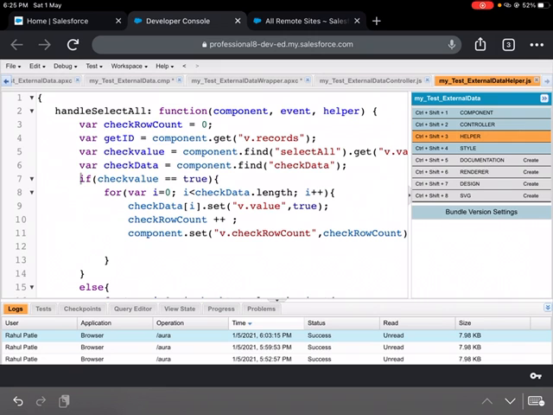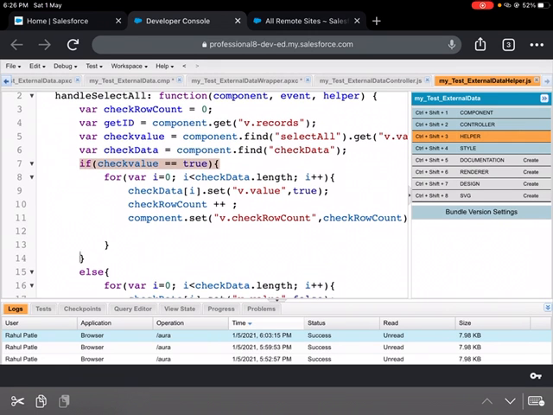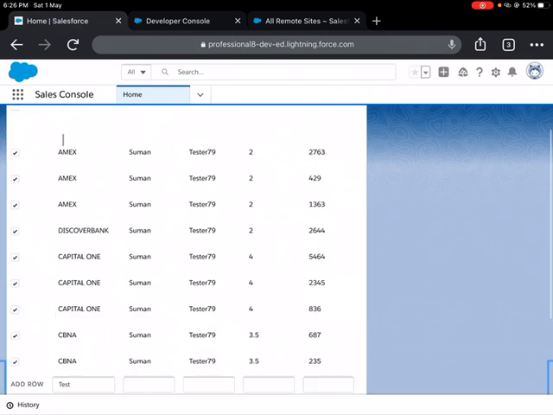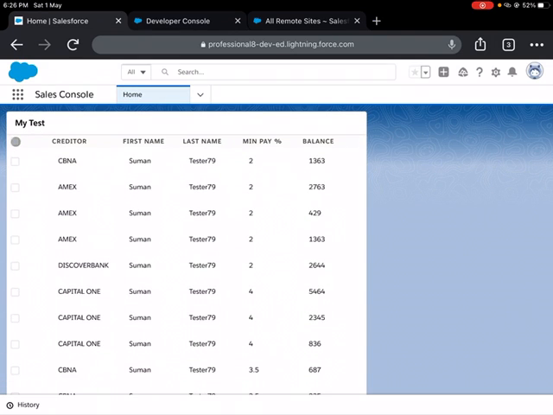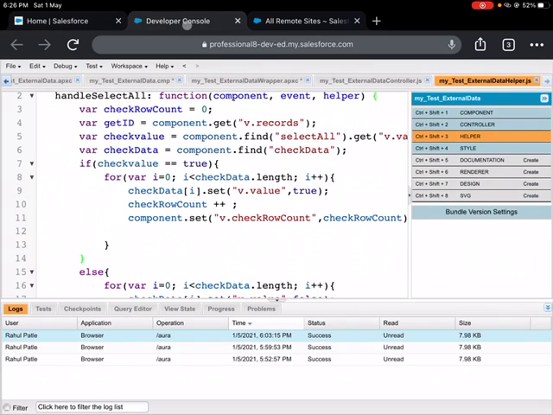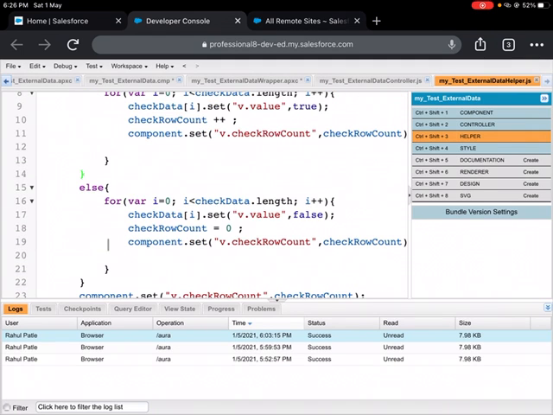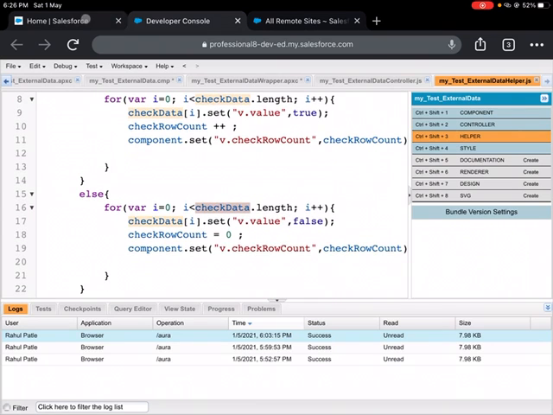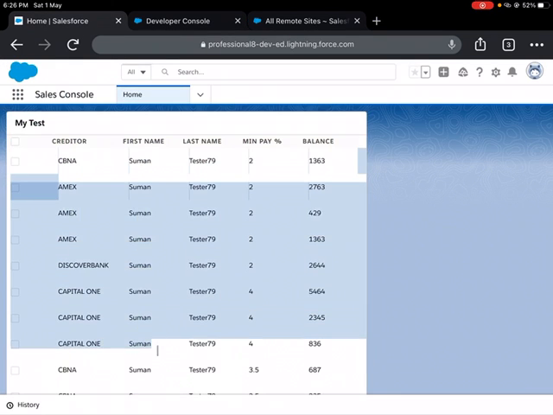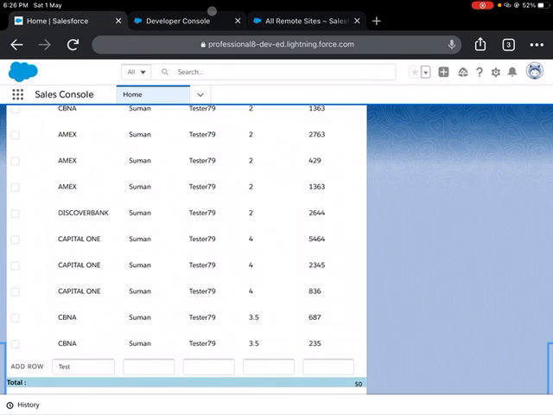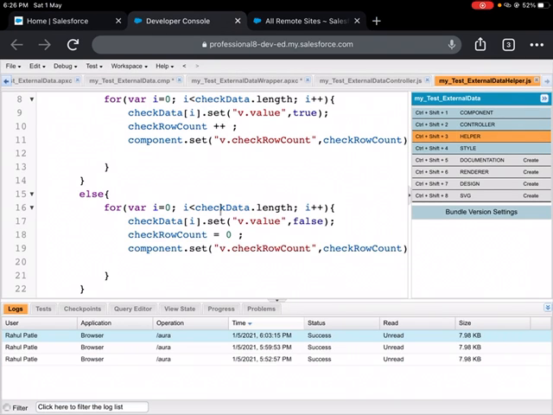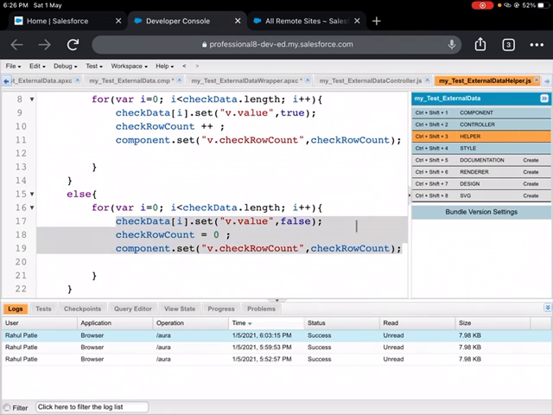Now if I didn't get any value as true, if I get any false value, so suppose here on change, if I click here, I'll definitely get a value as false. So that logic I've handled here in an else part. So for each check data, all the iterated records, I'm getting the checkbox value of that also. Here I'm not getting the value, but the element check data, and I'm checking through all the data, and I'm just setting it to false here.